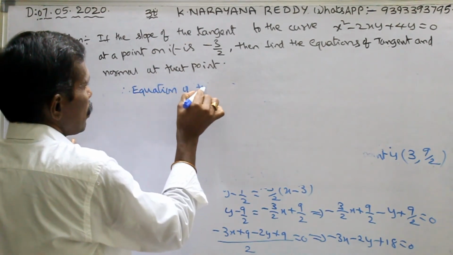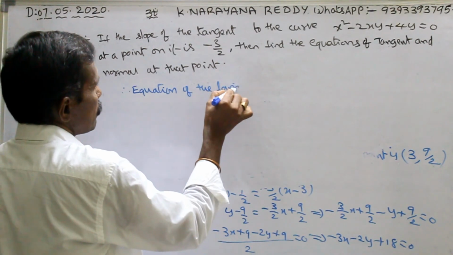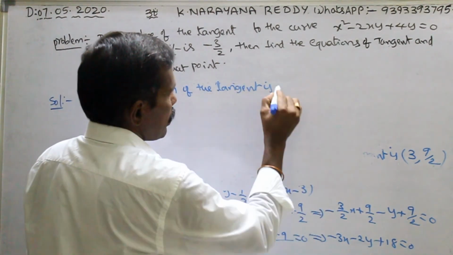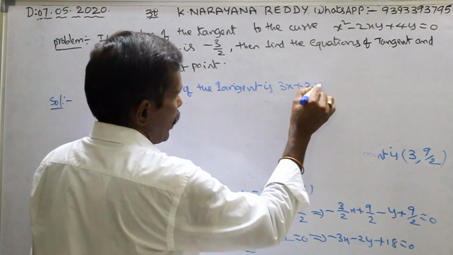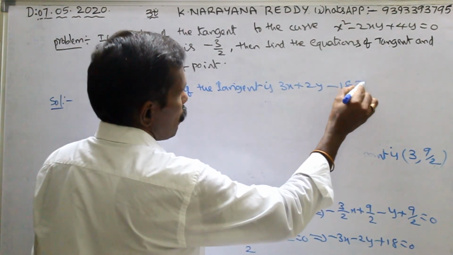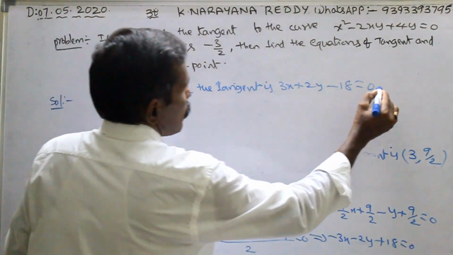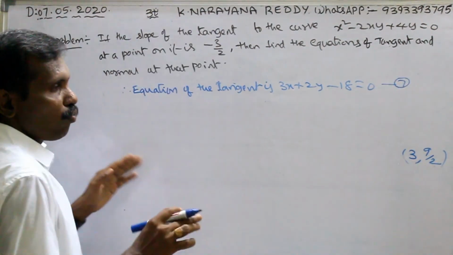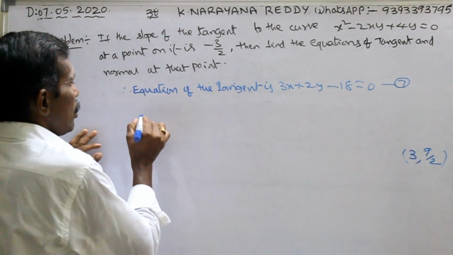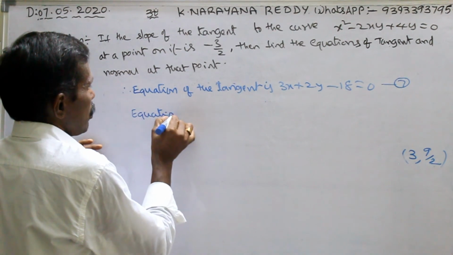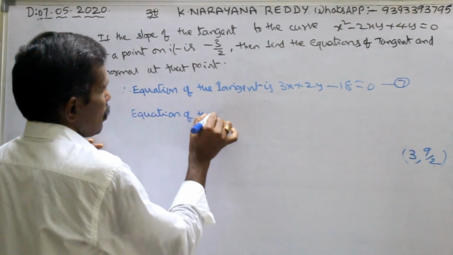Therefore, equation of the tangent is 3x plus 2y minus 18 equals to 0. Okay, this is the required tangent equation. This is number 7. We want normal. Equation of the normal